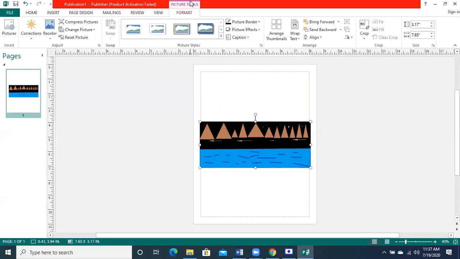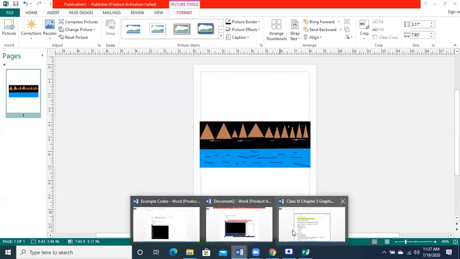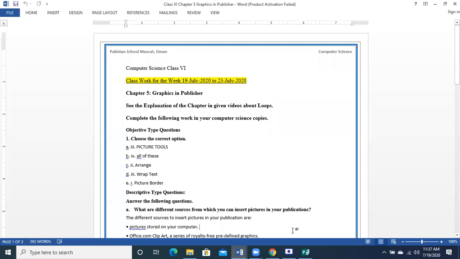The second MCQ: the option in the illustration group on the insert tab that can insert a picture from your computer into your publication is... All of these are answers. We can bring a picture from online pictures too.